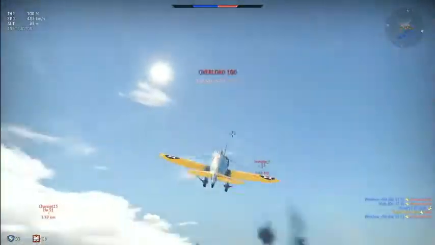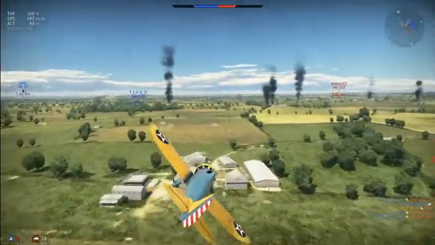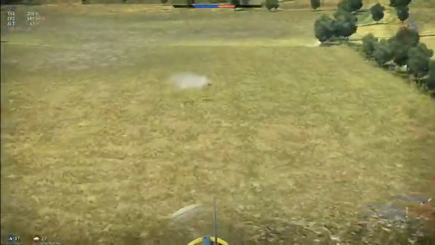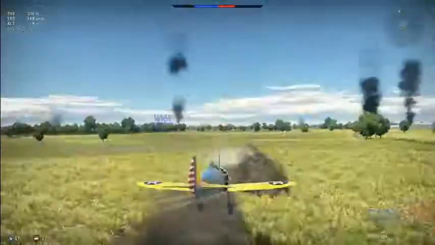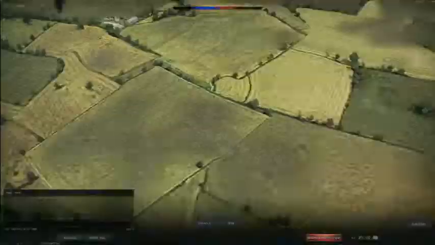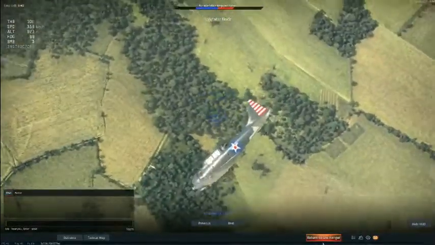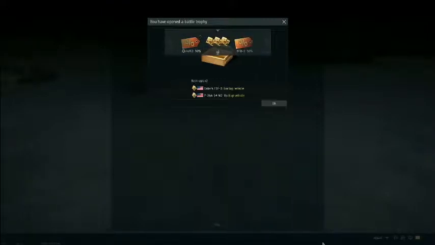So you see, I just destroyed that target, and I got some silver lions. I mean, we're gonna have plenty of those. Dang it, nicked him. So now you see the game's over. So now we just kind of return to hangar. So now, as you can see, we're opening a battle trophy. So we're gonna get some kind of